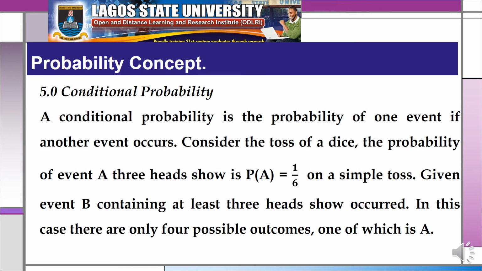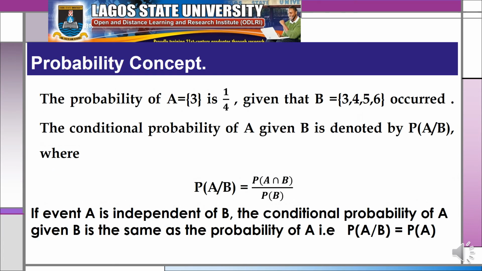Conditional probability. A conditional probability is the probability of one event if another event occurs. Consider the toss of a die. The probability of event A, a 3 occurs, is P of A equals 1/6 on a single toss. Given event B, containing at least 3 should occur, in this case there are only 4 possible outcomes, one of which is 3, so the probability of A is 1/4. Given the event B, 3, 4, 5, 6 occurred, the conditional probability of A given B is denoted as